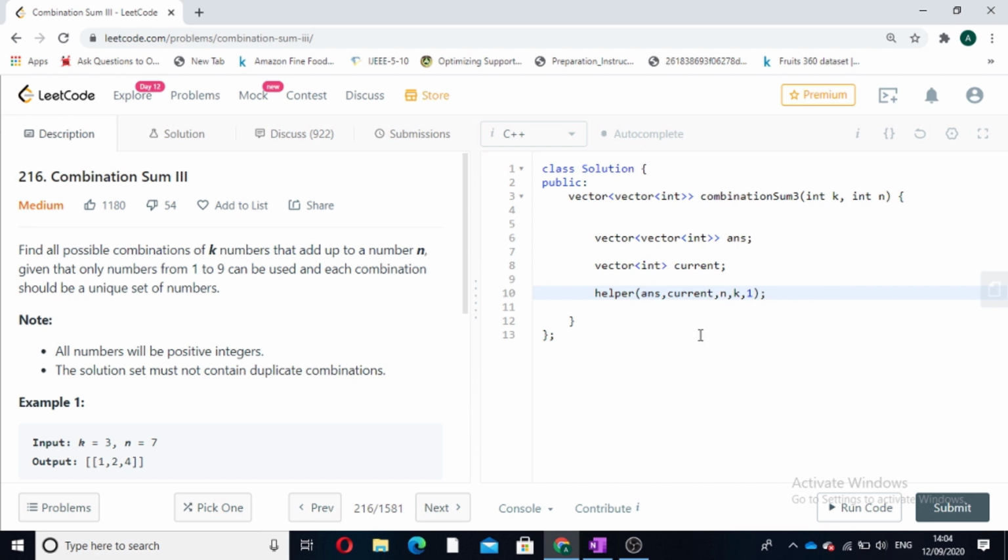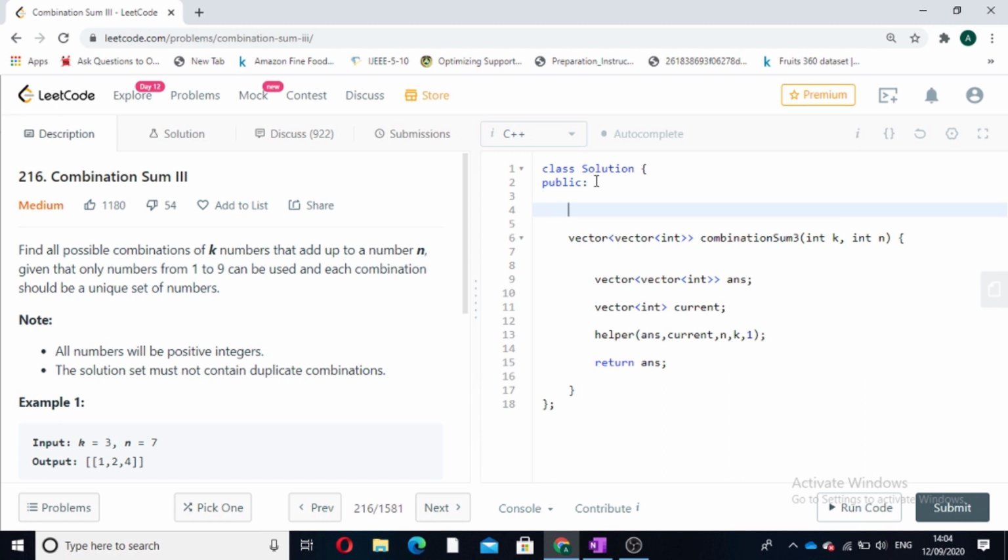Now after this recursion has been called, we will return the value of our answer, because this answer is passed by reference, and in recursive calls this answer will be filled with the combinations which follow these two conditions, that is k and n.